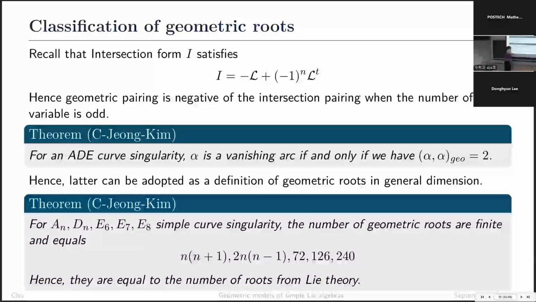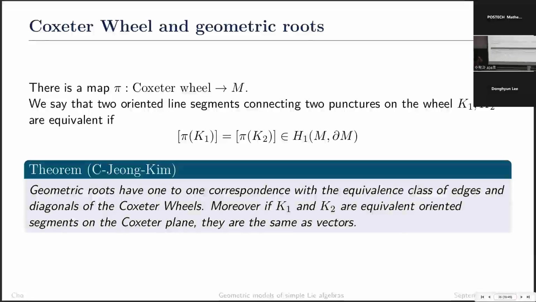So how is it related to the classical field? We know that there are, for example, 240 vanishing arcs for the E8 singularity, but what are they? We need to know the precise arcs, we need to find the 240 arcs. And so that's where this Coxeter field will be used. From the definition of the Coxeter field, there is a projection map from the Coxeter field to the Milnor fiber,